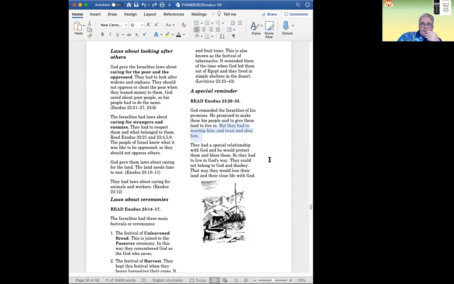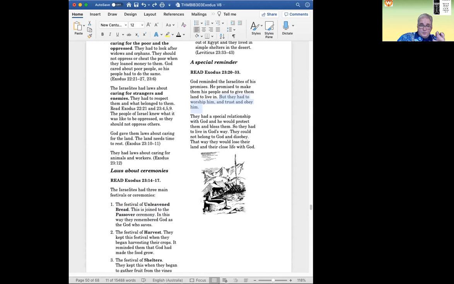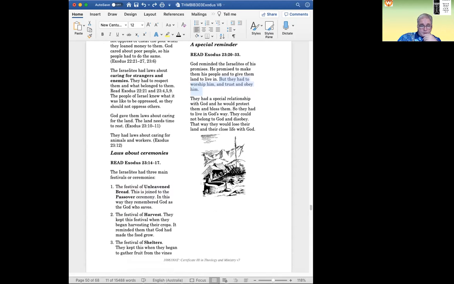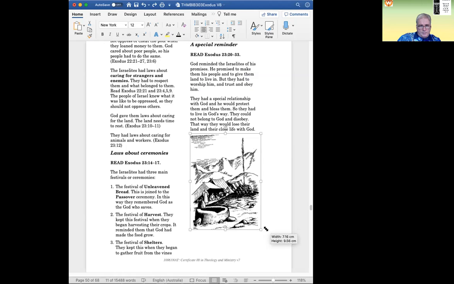That way, they couldn't belong to God and disobey. If you disobeyed, you'd lose your land and you lose this close relationship with God. So that picture there, which I think I might make a bit bigger for future reference, you know, there's a typical altar of the time before